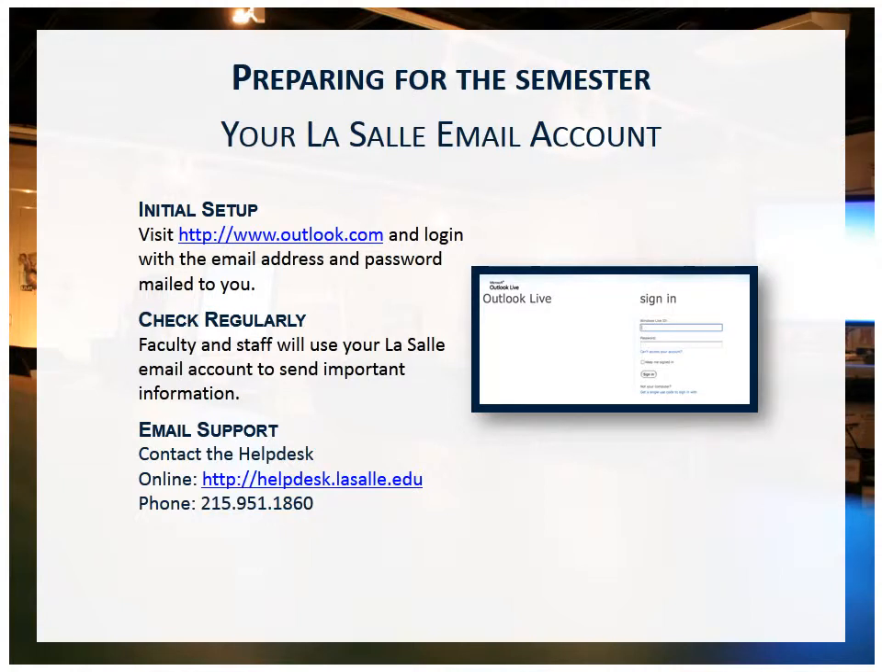So preparing for the semester, the first thing that you would want to do if you have not yet done so is to set up your LaSalle email account. You should have received a username and password in the mail from the IT Student Help Desk with instructions on how to set up your LaSalle email address. Your LaSalle email address is where most university communication will be sent from your instructor as well as myself and other university offices. So it's important that you get in the habit of checking your LaSalle email address on a regular basis. And if you have any technical difficulties accessing your LaSalle email address, the Student Help Desk is the number that you want to call at